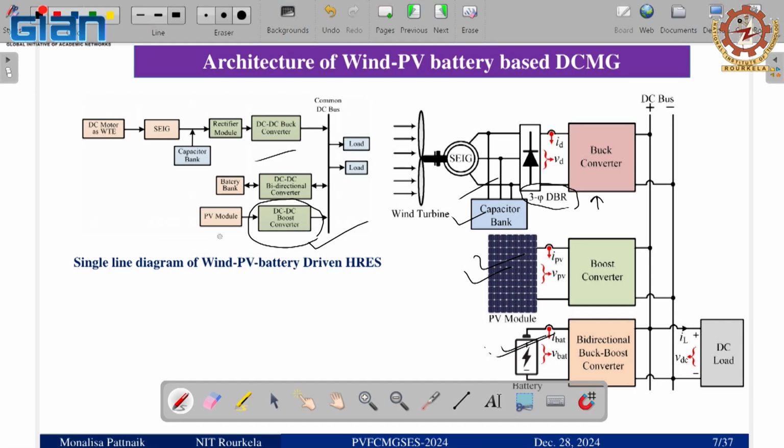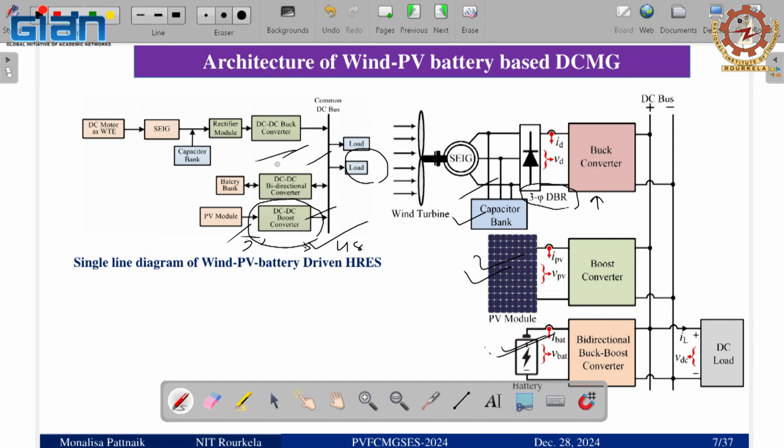Because the PV module we have chosen is available at a lower voltage than this bus. When the bus is at 48, the PV is giving an MPP voltage of around 32, 35 volts, and sometimes with lower irradiance it goes below that. So we are boosting it. Tomorrow I will try to show it with a buck converter also. This converter design depends on the load, on what amount of load you are designing for.